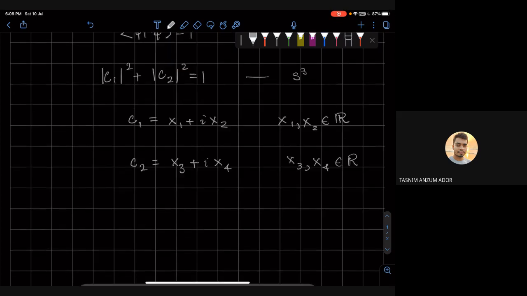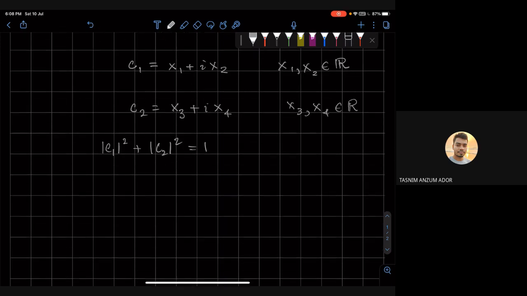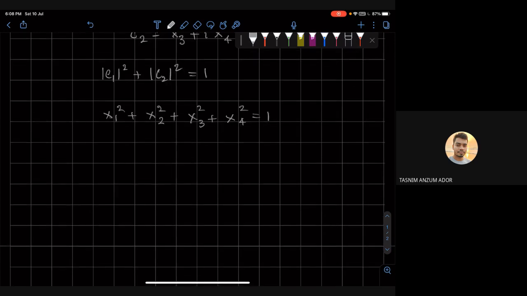Then the mod squared of C1 plus the mod squared of C2 equals 1. This equation, if we express it in terms of x's, becomes x1 squared plus x2 squared plus x3 squared plus x4 squared equals 1. So here we have four variables, x1, x2, x3, x4,